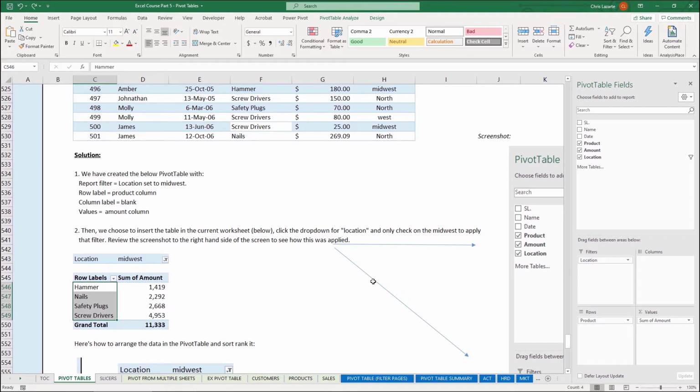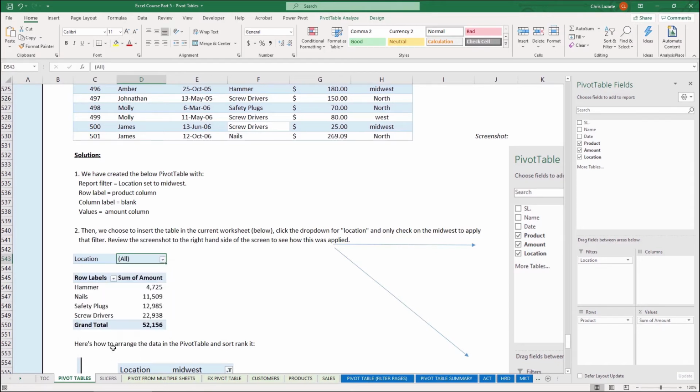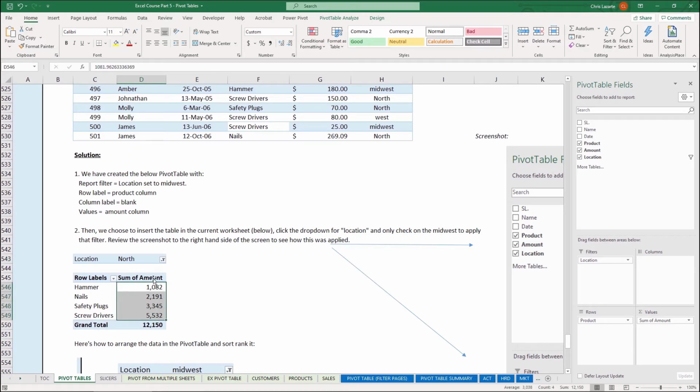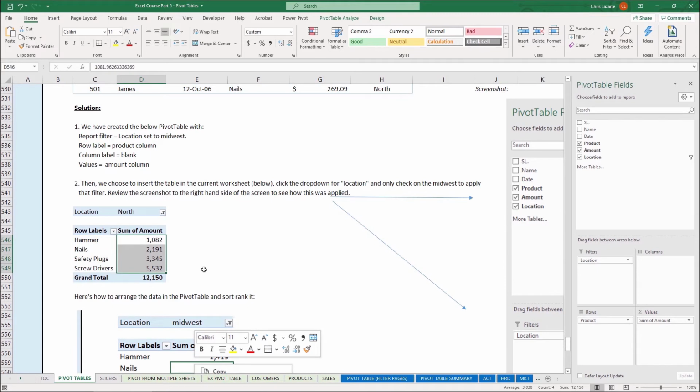And right now I have Midwest filtered, but I can change that by selecting other data and other locations. If I were to select all the locations, it's going to automatically summarize the sales of the different products for all locations. I could select just the North location if I wanted to, and it would return the results for just the North, and so on. So the filter is a very useful technique to filter out certain data that you don't want in your pivot